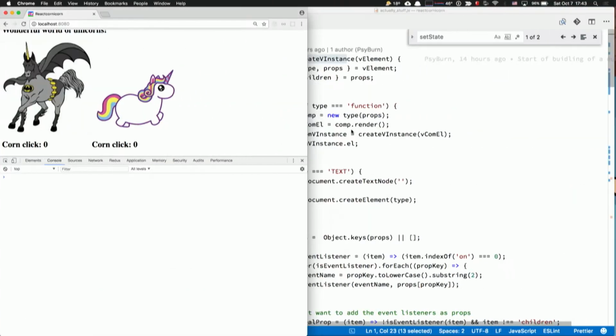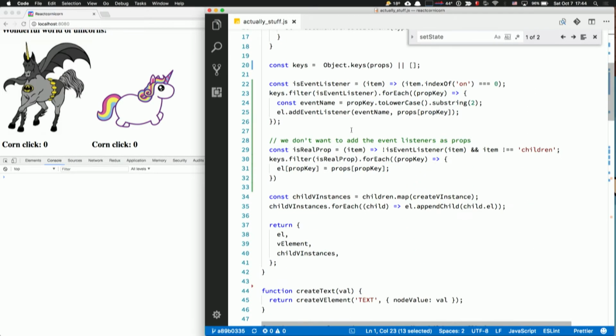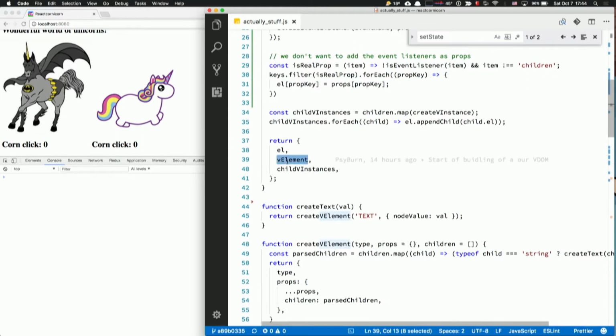As I said, this is just an in-memory representation. But we also would like to have a way to update just this part here. For that, we need a reference. I'm just going to keep this really simple. The reference is the reference to the DOM element you will create.